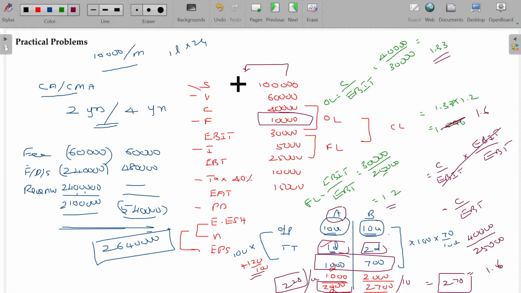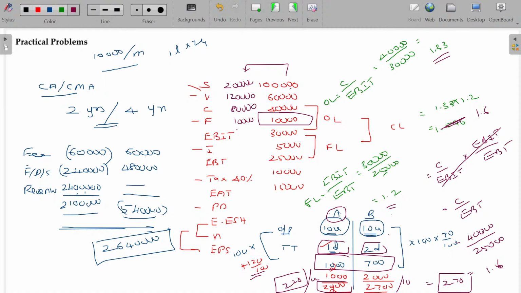You can either reduce the selling price or promote by doing intensive advertisement, whatever it may be, the source may be different. Because of that, if you are doubling this value, okay, if you are doubling this, 1 lakh is doubled, variable cost also doubled, contribution also doubled. But what happens here? EBIT is how much?